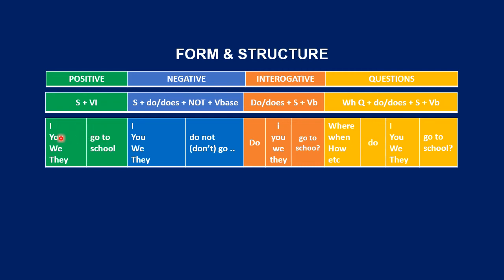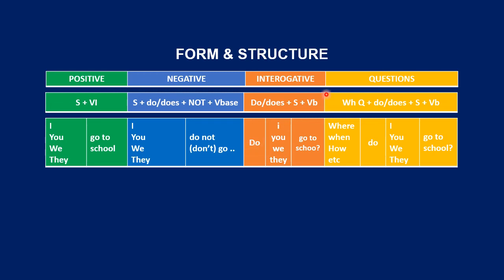Examples, I go to school, you go to school, we go to school, or they go to school. Kalau di dalam negatif berarti I don't go to school, you don't go to school, we don't go to school, or they do not go to school. Examples ya. Oke, interrogatif itu polanya atau